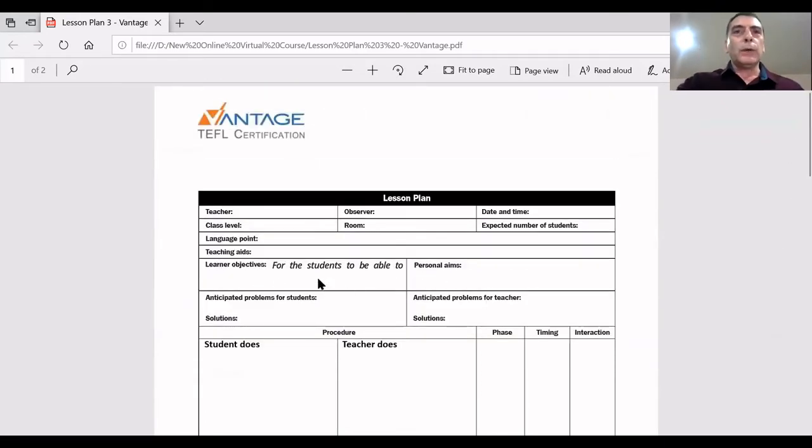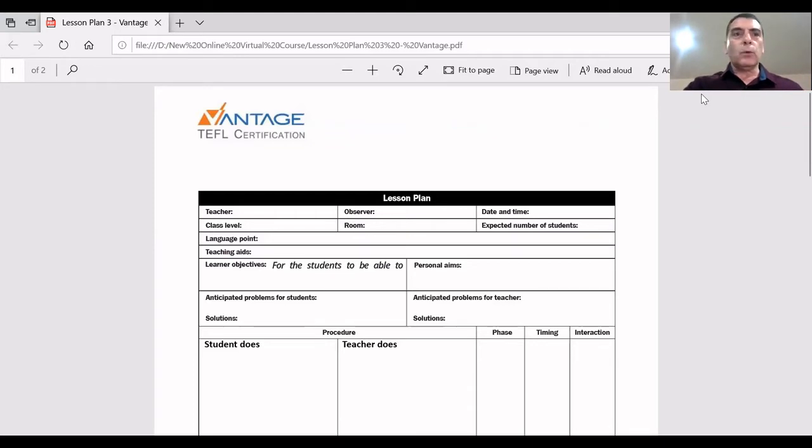But right now, what we're concerned with is learner objectives, which is 5 rows down on the lesson plan. Can you see that? Learner objectives. It has the first bit filled in for you, for the students to be able to. Now, what do we need to put in to complete this? Now, what I want to do is just